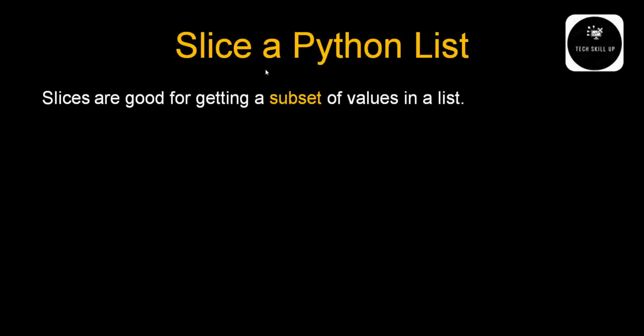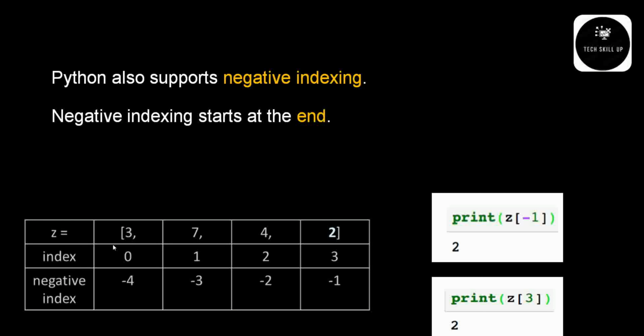Then you can see slicing a Python list. What is a slice? Slices are good for getting a subset of values in a list. Coming to the previous example, if you want to access a particular element, you can use its index. If I would like to access only the 7, I use index 1. If I would like to access the element 4, I use index 2. But if I would like to access a subset of this list, like 7, 4, 2, or 3, 7, 4, or 7 and 4,